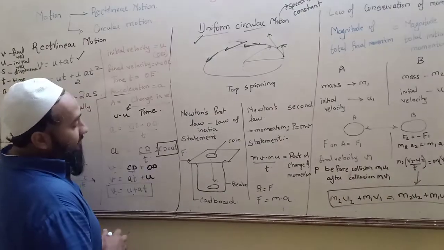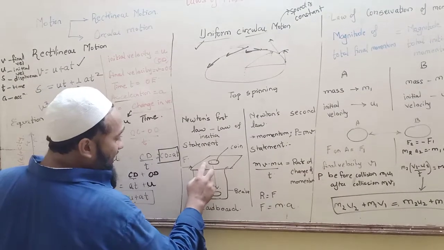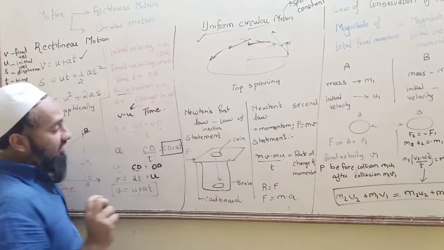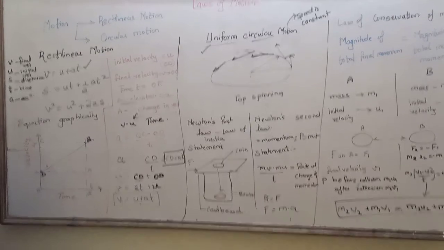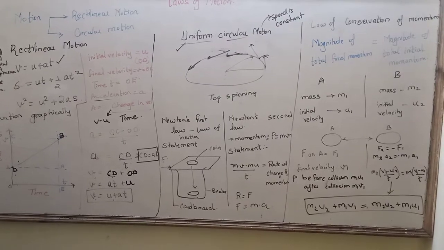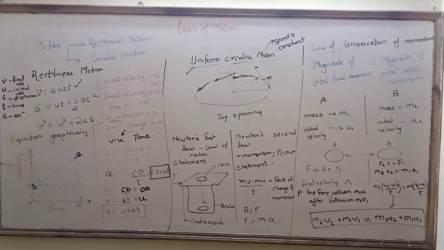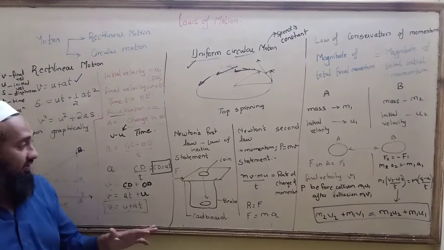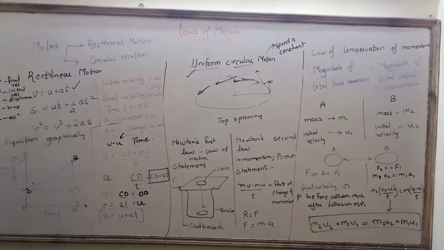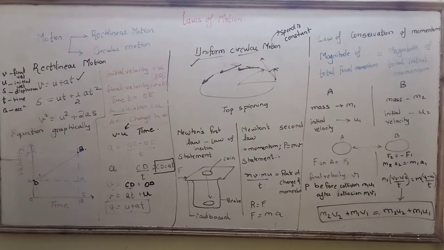Why is it not happening? Because this coin is in the state of rest. It is not acted upon by an unbalanced force. The cardboard is acted upon by an unbalanced force, so the coin will remain over here. In the same way, when you jump out of a bus or car or train and you don't run, you fall down. Why is it so? Because when you were sitting inside a train, you were actually not moving, but the train was moving. So it was considered that you also were moving. When you jump out of the train, you need to run a little, in order to match that inertia.